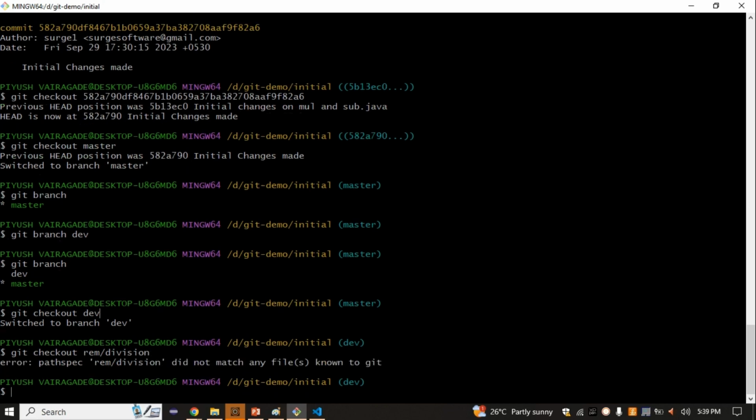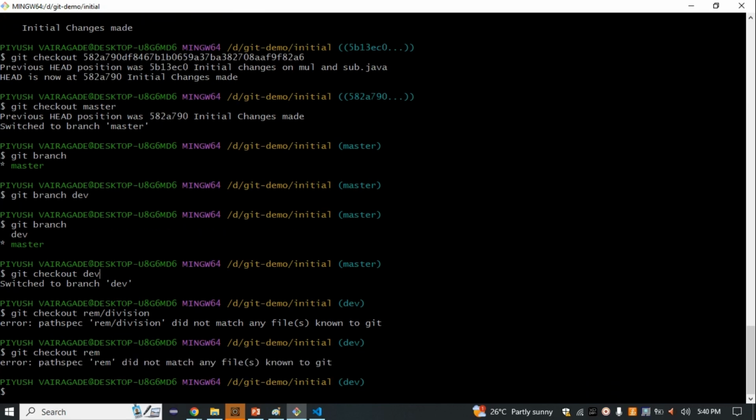Okay, mistakenly I have used git checkout, it's remainder. So I am just creating a remainder now. Checkout is nice. Okay, I'm extremely sorry, I'm using checkout here. I'm just trying to switch to this branch,